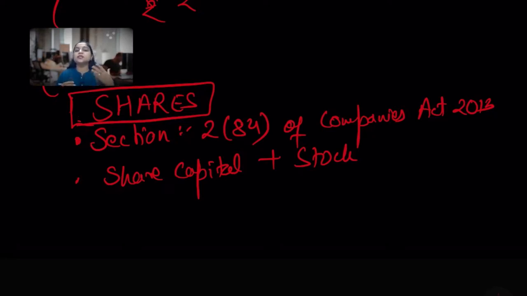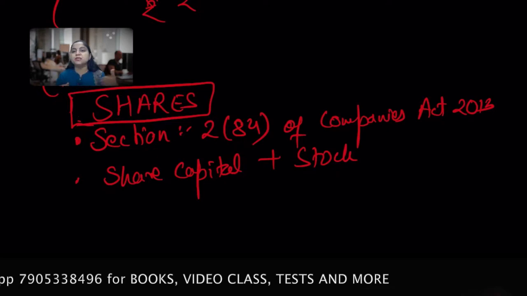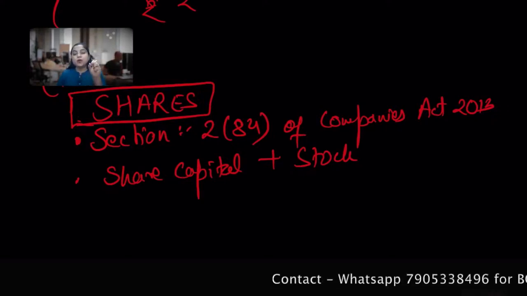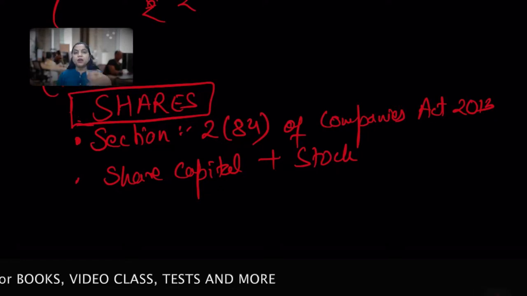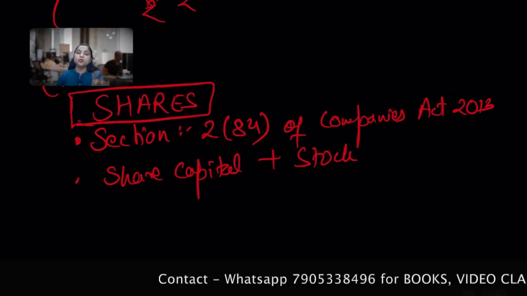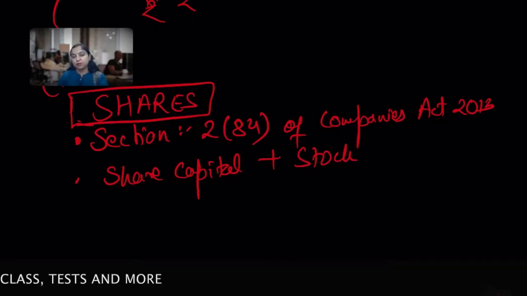Suppose there is a company which has a share capital of 50 lakh, and these 50 lakh are, say, 5 lakh shares of rupees 10 each. In that case, if you, being a shareholder, purchased 6,000 shares, now you are the owner of 6,000 shares, and the amount was rupees 10 each. So rupees 60,000 is the share capital of the company to which you have contributed. You have 6,000 shares and you gave capital of 60,000 to that particular company because the face value was rupees 10 each. I hope it's clear.